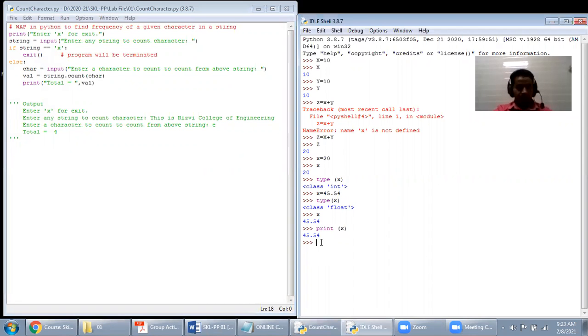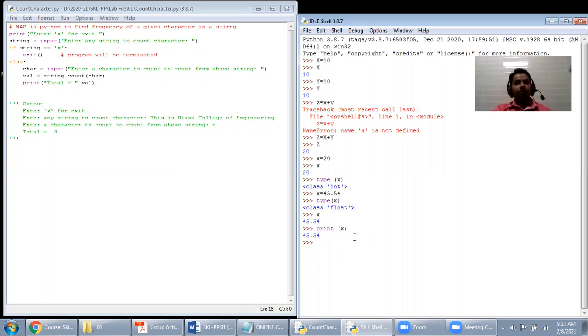If anybody is having any doubt, please feel free to ask. This is your first practical, so you should be able to understand or differentiate where to write a program, what is the shell, etc. Similarly, one more thing I want to tell you: suppose you are doing many things on the shell. If you want to save it, go to the file menu and then Save As. It will save your entire shell operation into one file.